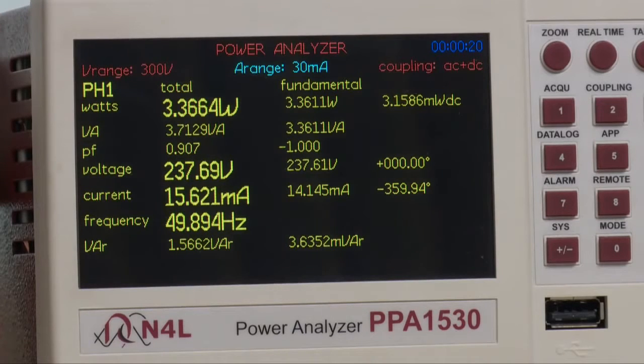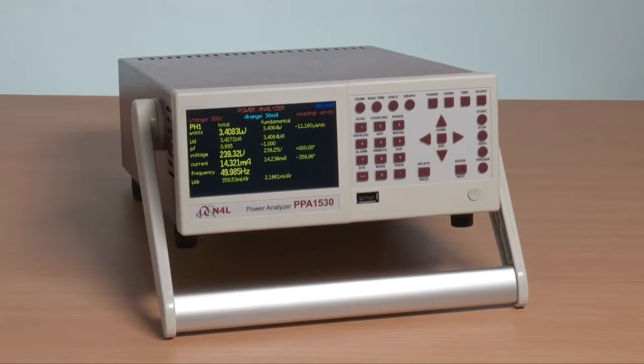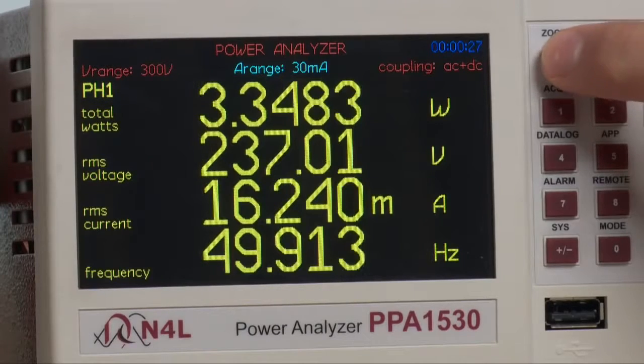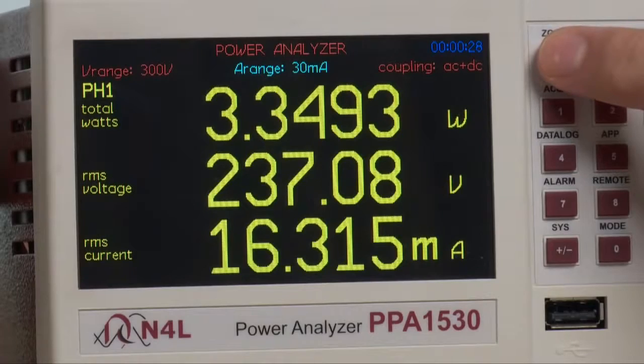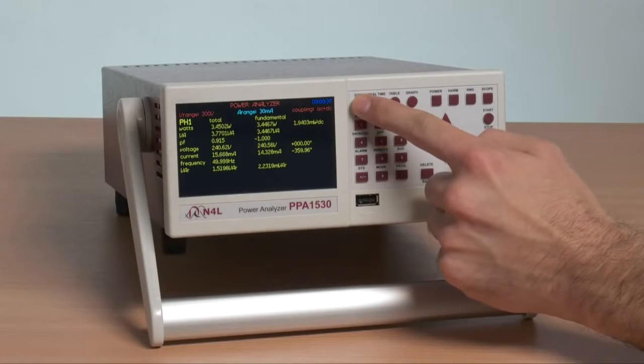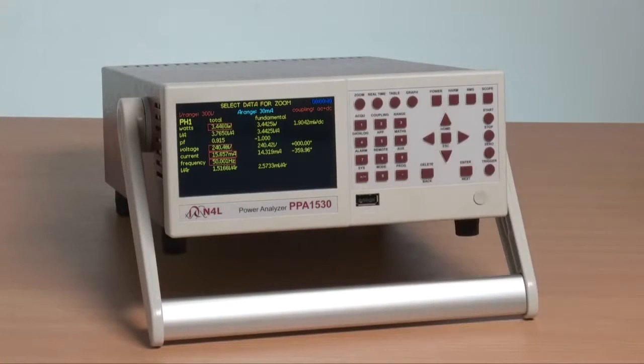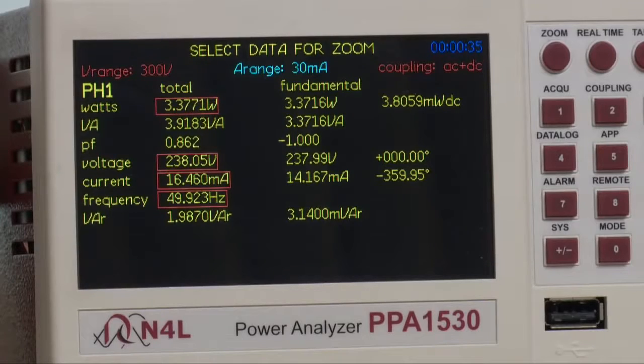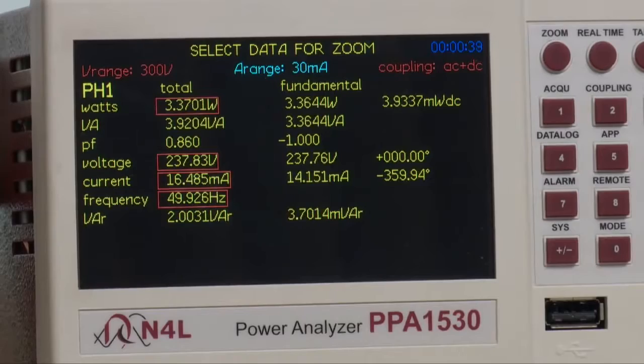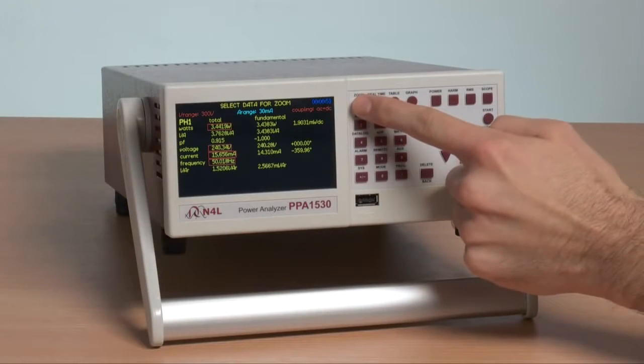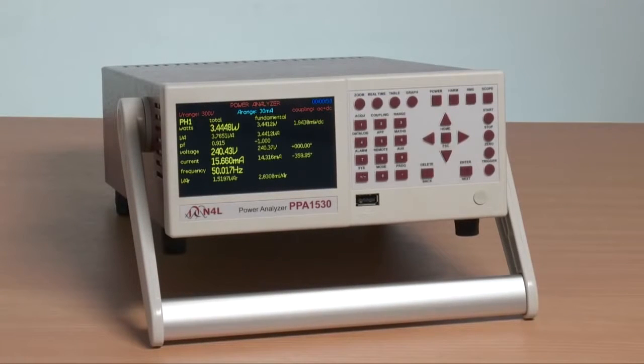This is the standard mode of the instrument, and the display shows some zoom functions which may be of particular interest. While we're on the screen, we will illustrate that you can zoom in on any parameter you want to see in greater detail. If we stop at this point, you can see that there is a red block around the selected items. This red block can be moved with cursor keys, so you can zoom into any function you want. We will leave it at the standard watts, volts, amps and frequency, as these are often of greatest interest